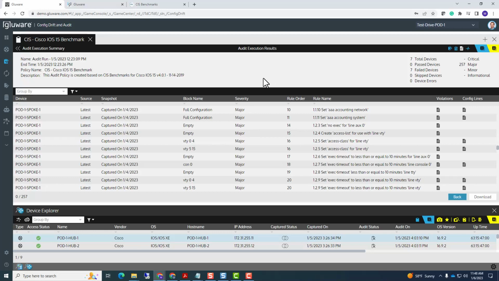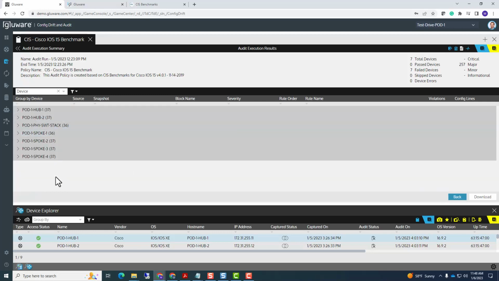One of the things I find very helpful here is to filter your view. One of the most useful filters for me is by device, because I want to understand on a device-by-device basis how they passed or failed or how they dealt with the audit. One of the things I noticed is as I'm looking across my devices, they have nearly the exact same count of failures. So I can say from a policy perspective,